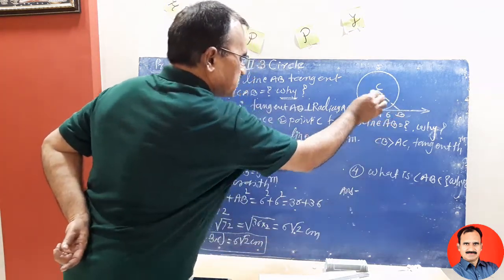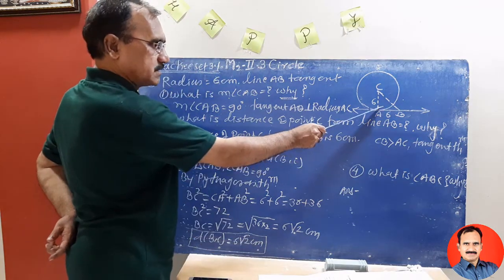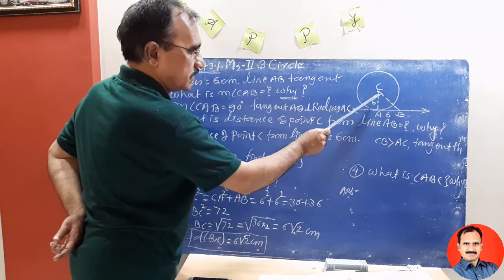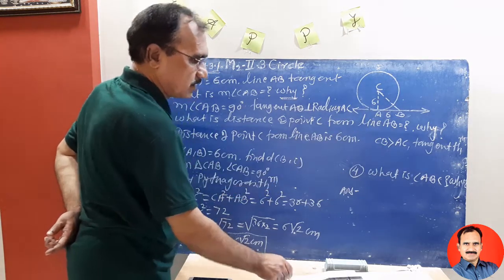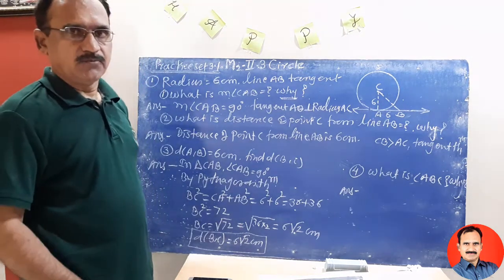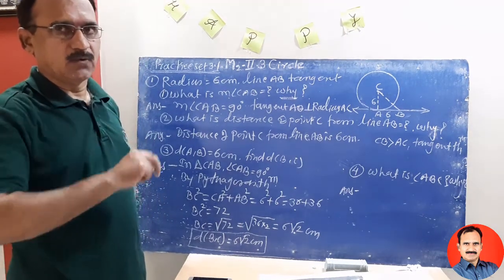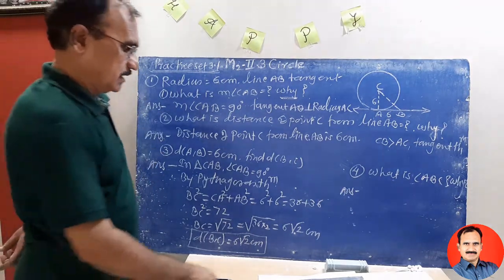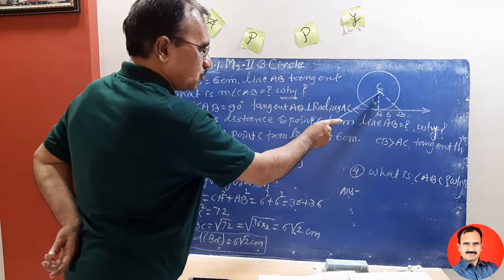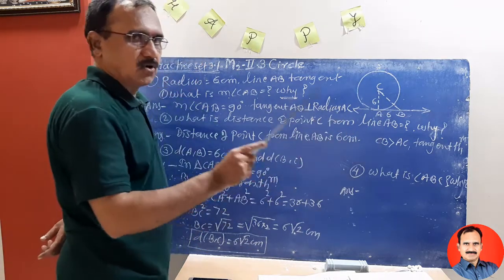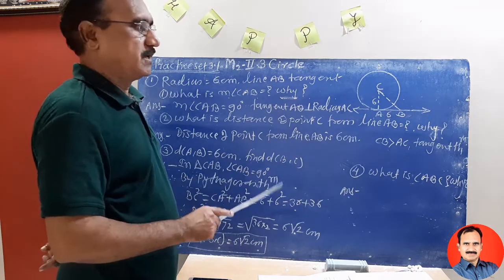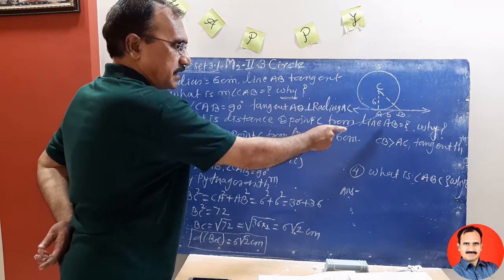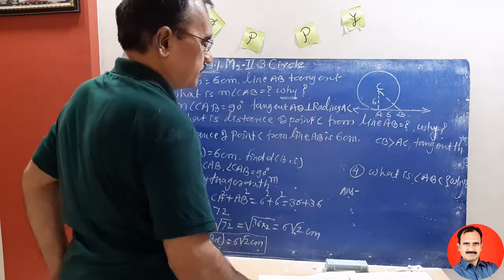Angle CAB, we know this is 90 degree. This is a right angle triangle. These two sides are equal and we have to find here angle ABC. You know students, if in any triangle two sides are equal, then this triangle is an isosceles triangle. That means these two angles are congruent. Sum of three angles of any triangle is 180. This is 90. That means these two angles are congruent. Means angle ABC is 45 degree.